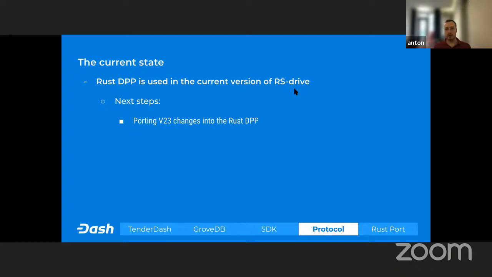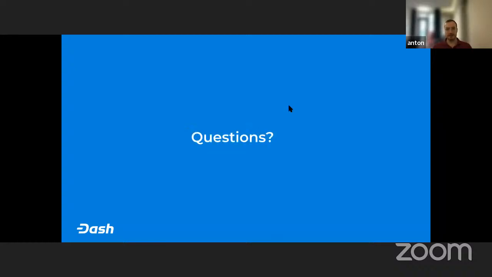So we're going to work on V23. And this is going to take a while. And on the next reviews, I will actually dive a little bit deeper into what changes V23 exactly brings to the DPP. And I'll give more detailed updates instead of just the chart showing the progress. I will give more detailed updates on what we worked on and how this brings us closer to user release. That's it. Thank you very much, guys. Thank you very much, Anton.